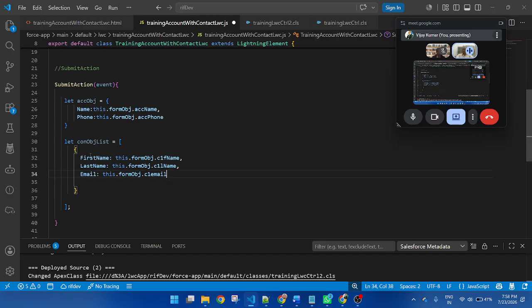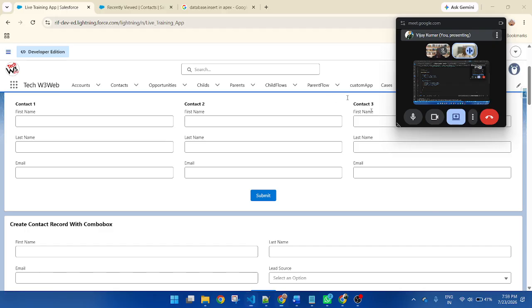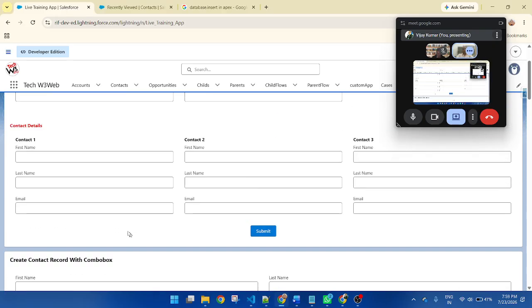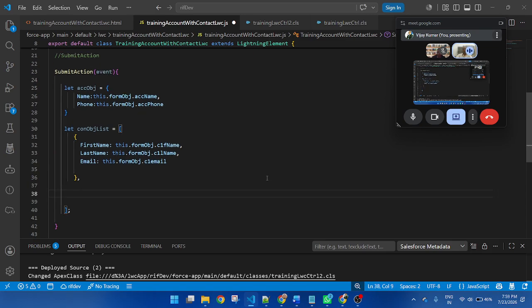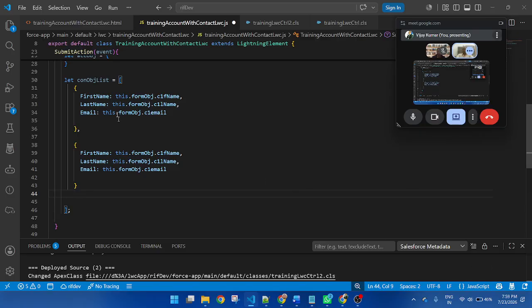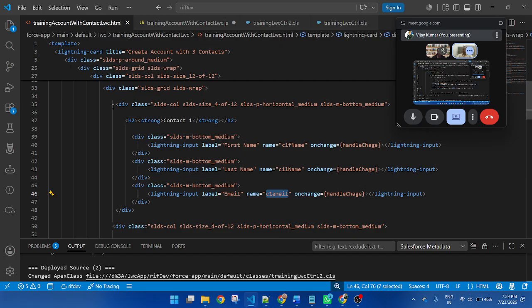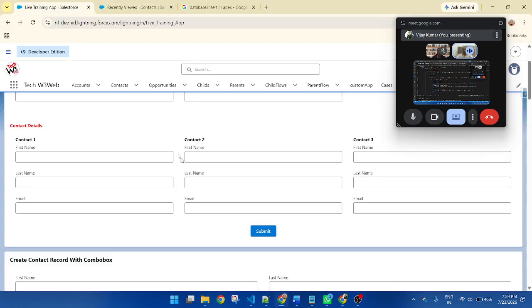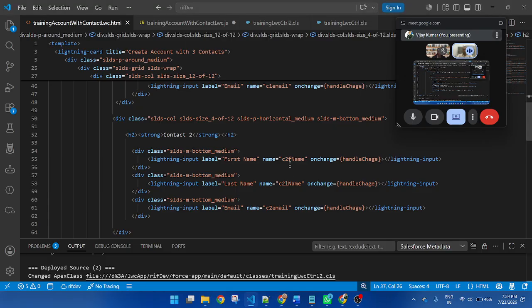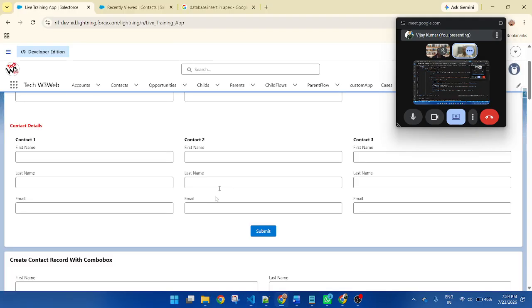So the first object is for column 1, this one. Now simply copy this one for the second, comma and paste here. Everything will be the same, but the name will be different because this is column first, C1. For column 2, I define C2, C2, C2.